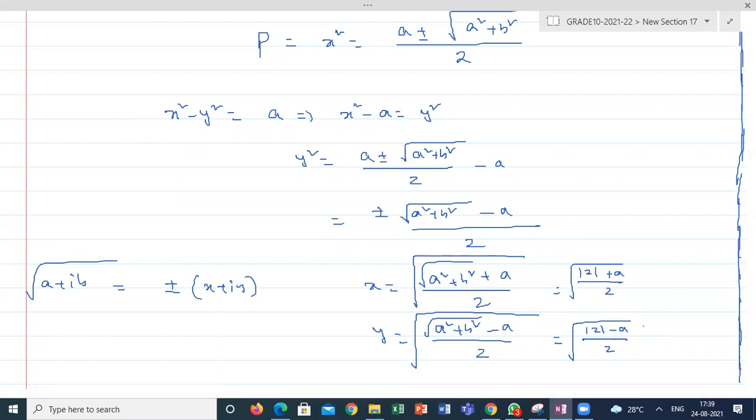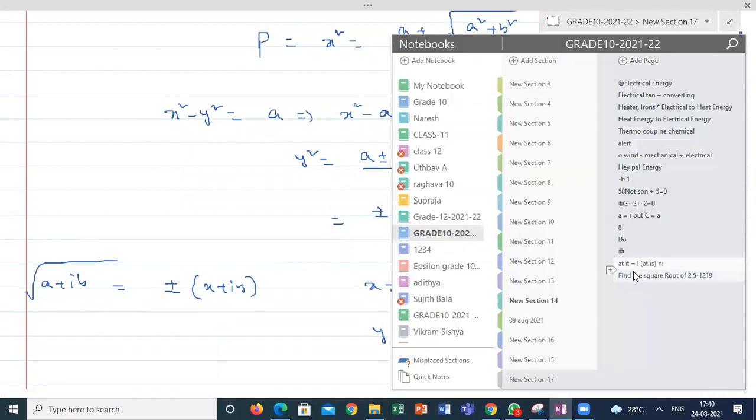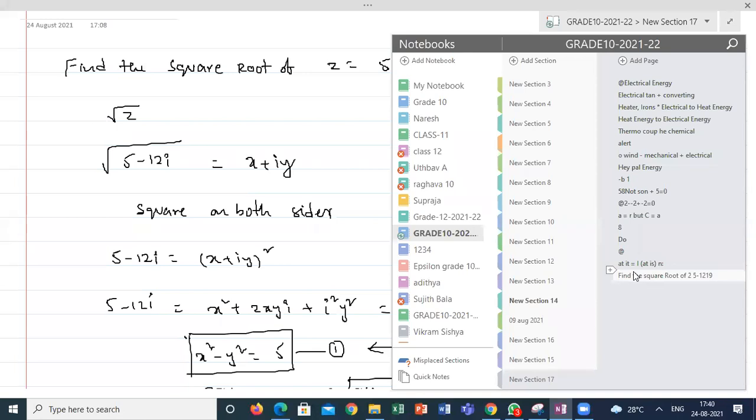So shall I go for some questions based on this now? Now it is easy for you to solve any questions even if it is coming under the root of a complex number. No need to explain this much procedure for MCQs and all. If you are able to remember this simple formula, it will be easy to calculate. Guys, anyone having any doubts? Shall I go for some numericals based on this? Yes, sir. So based on this, I am going to give some properties.